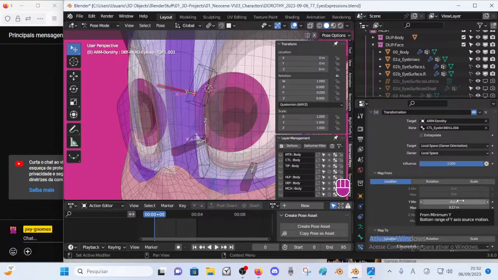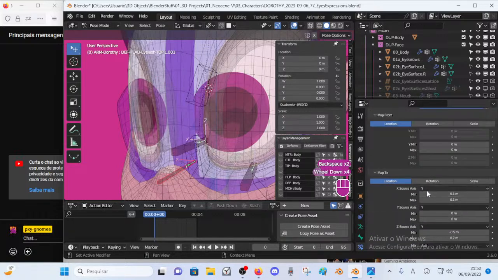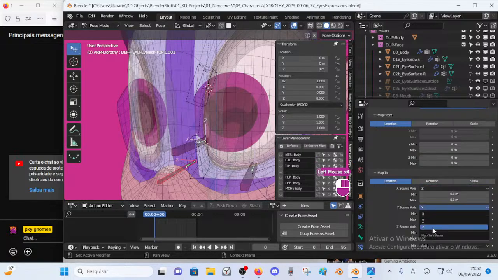There's a problem in this. The mapping will be a little harder now, because I cannot use those. Let's save here and let's make the crazy thing. Okay, so in principle, let's reset this. I cannot use the same values here. I will swap everything to the Z, even though some, like this one, are not relevant.